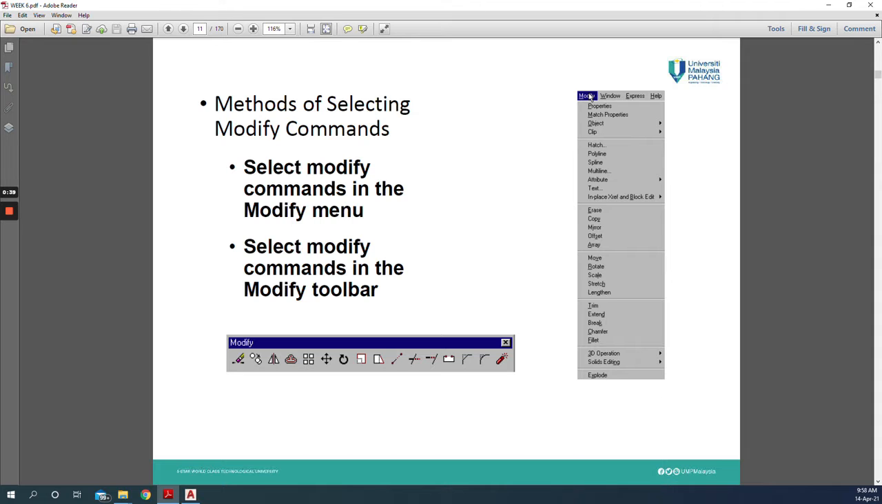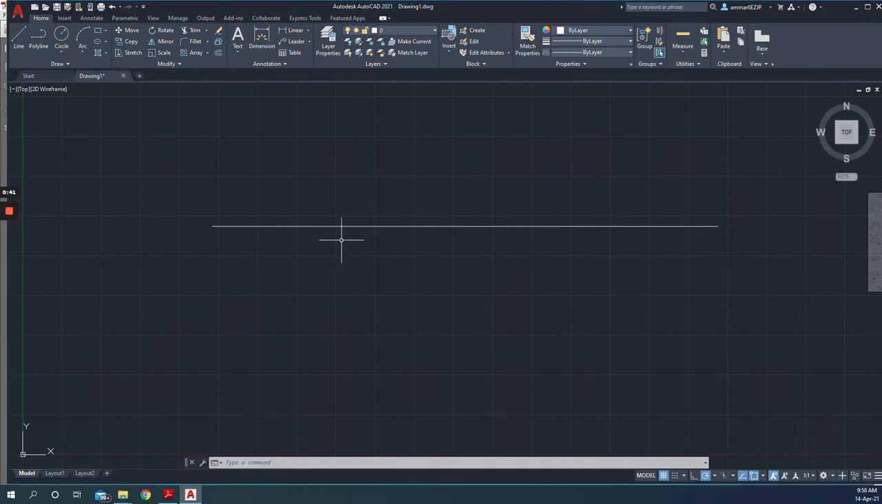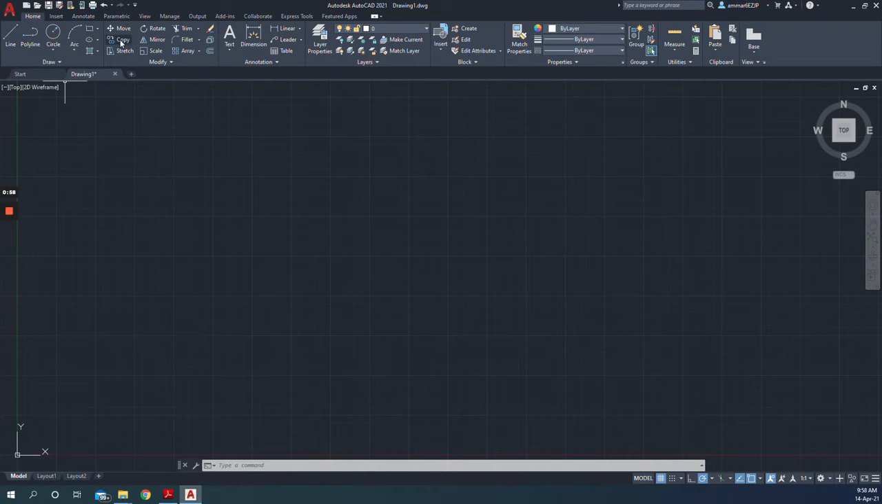Before we do that, let's turn on AutoCAD and start with finding the modify commands. The modify commands are already in this ribbon. In this modify panel you have move, copy, stretch, rotate, mirror, scale, trim, fillet, erase,